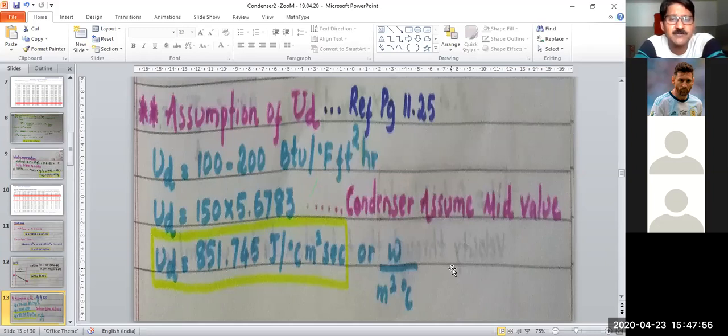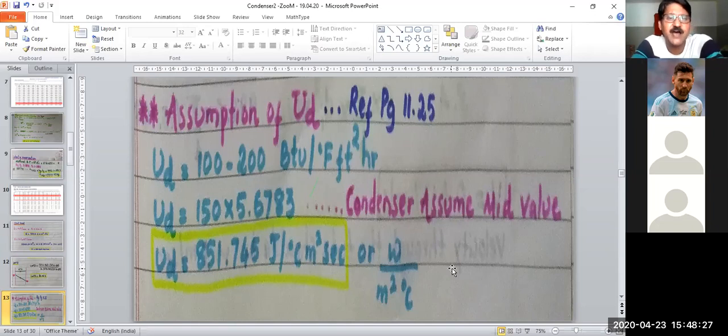Sometimes in a condenser problem in an examination, they will give the value of UD, and that time you will be confused. Suppose UD is given, directly take that UD and proceed further. Suppose you want to use a UD assumption and do it. I have given one assignment problem, right? Yes, sir. Weekend is the deadline for the submission of the assignment. So I am showing the same calculation, and you refer to this one and solve that problem.